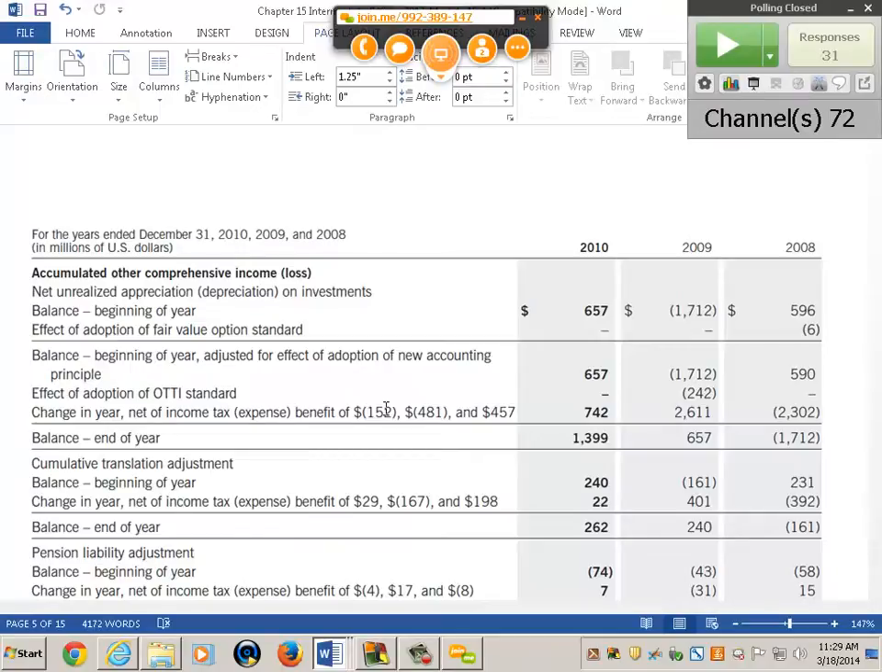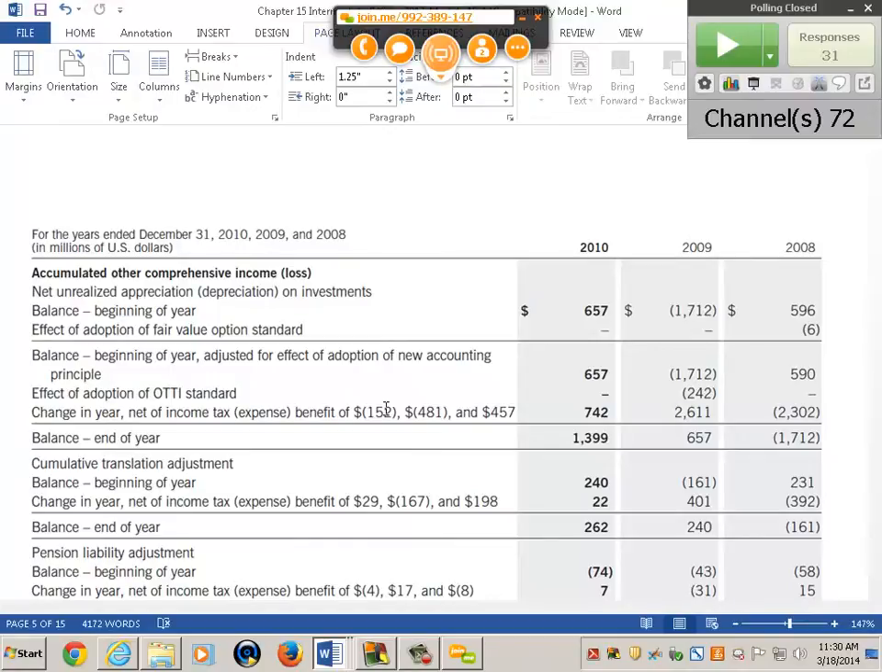I think the numbers will help you understand why we keep this off of the income statement. Just take a look at the volatility here. The balance here, and even these changes, look at the change. There's a loss in 2008 of $2,302,000. Then there's a gain of $2,611,000, and then another gain of